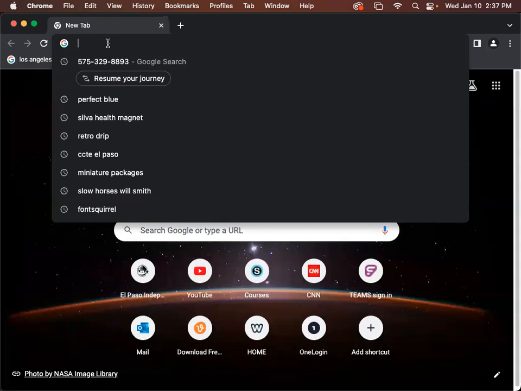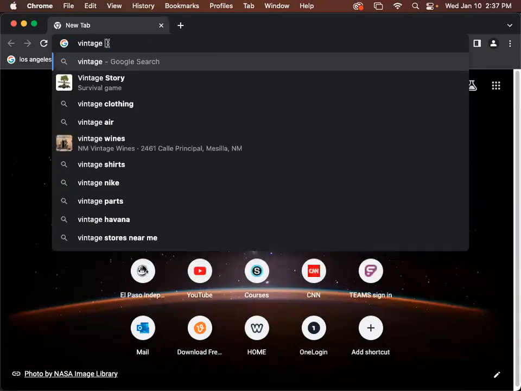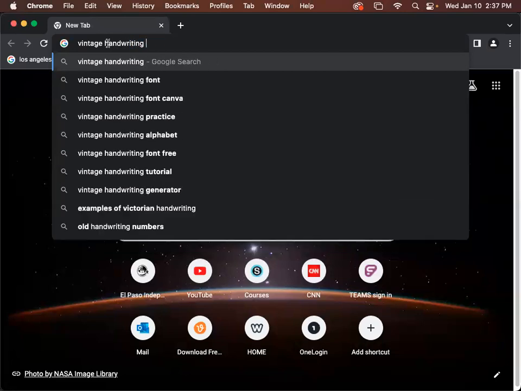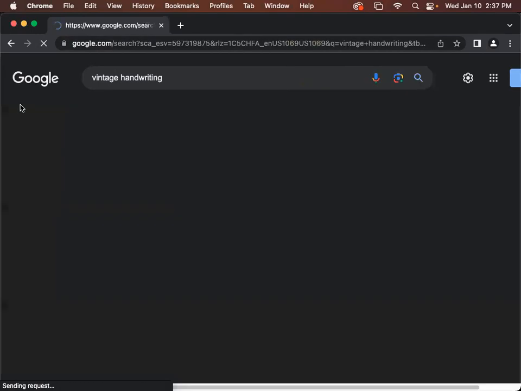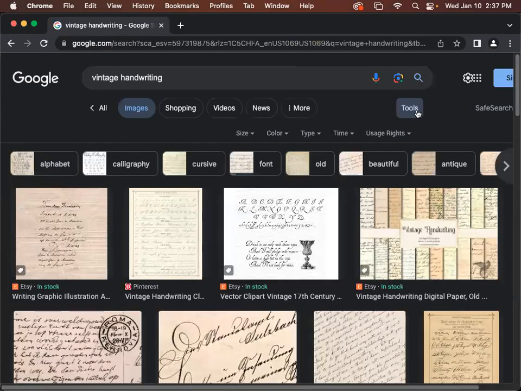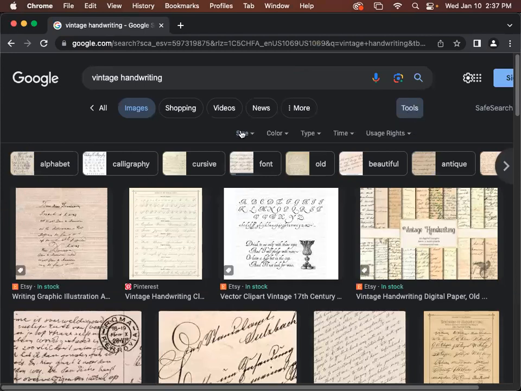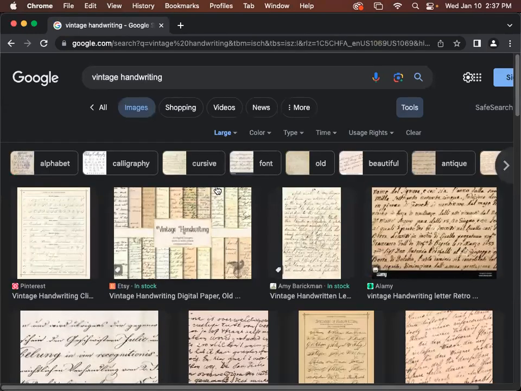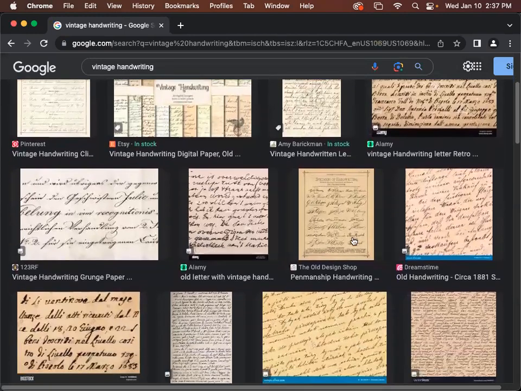What I tell you, I want vintage handwriting. Watch this. Vintage handwriting. Images. Tools. This is Google search. Large size. Right? People never use these things. I love doing collages with this kind of stuff. I love that kind of